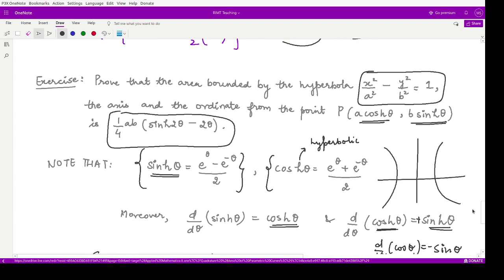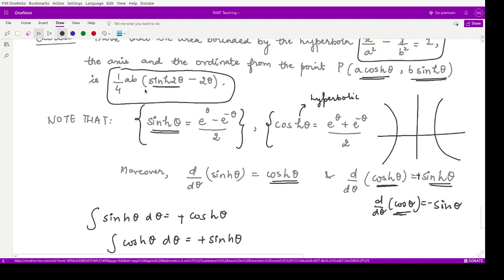So in this question we should use this one. If you are not comfortable, we have several different formulas for these hyperbolic functions. If you are not comfortable with how to perform calculations with sin hyperbolic functions, you could, at the very start of the question, substitute these quantities, work out the calculation with e to the power theta and minus theta, whatever the answer is, and finally substitute back the quantities sin hyperbolic theta and cos hyperbolic theta.